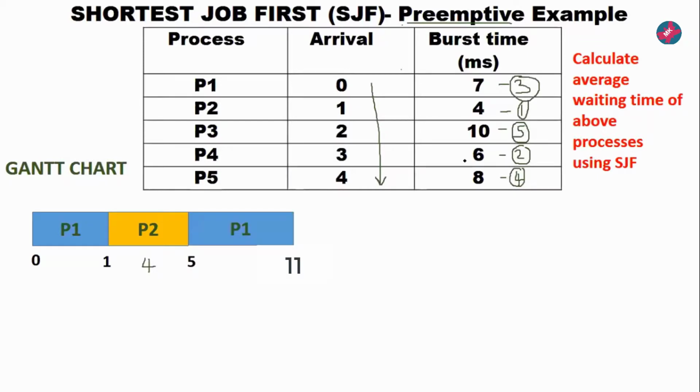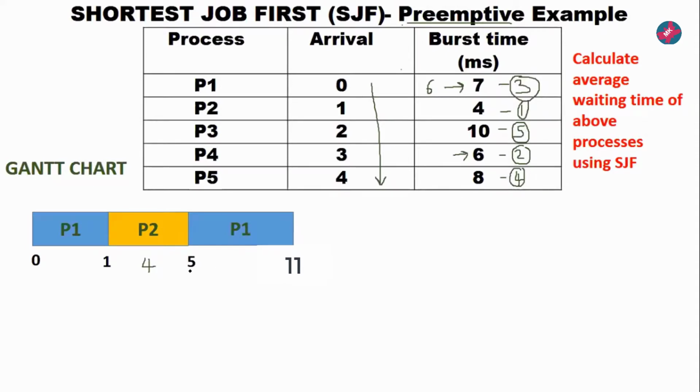So what is going to happen? This is 6 and again here P1 has been executed. So again this is also the same, isn't it? Here also 6 milliseconds is remaining and here also 6 milliseconds is remaining, isn't it? So in such a case, we have just read the statement that in such a scenario where the CPU burst time is the same, it will be executed in first come first serve order. Hence, P1 is given a chance first for execution.